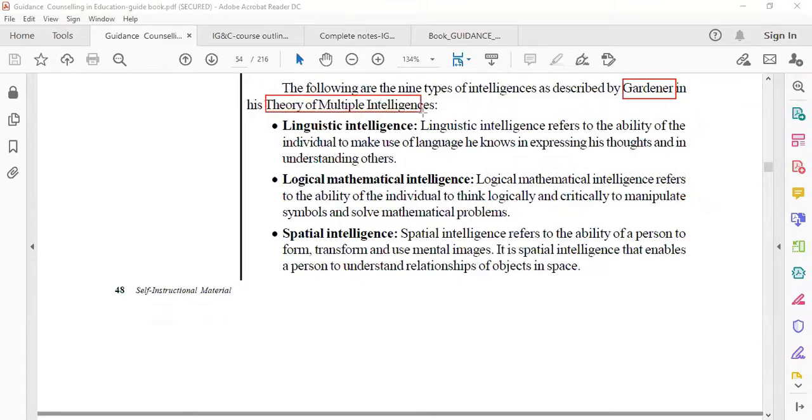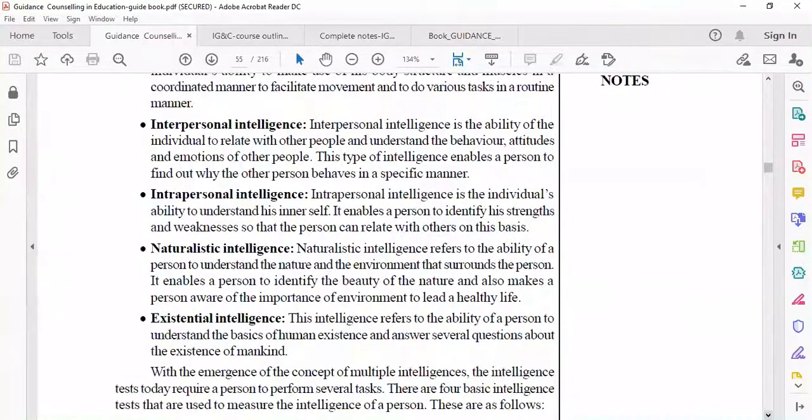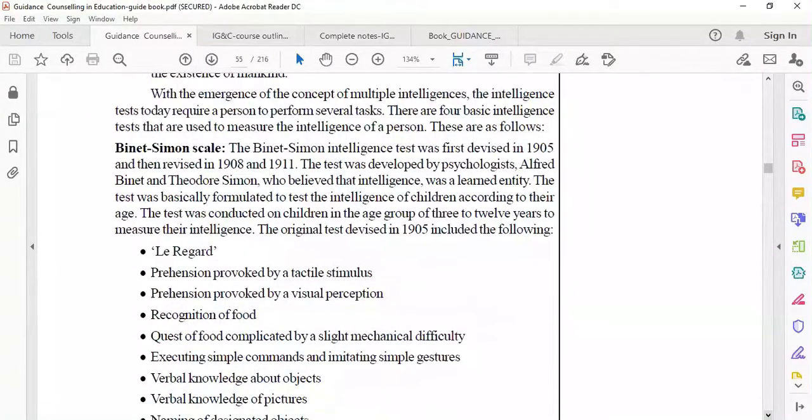According to this theory, there is a list of intelligences that a person has, and any person can have multiple intelligences: linguistic intelligence, logical intelligence, spatial intelligence, musical intelligence, and kinesthetic intelligence. These are the intelligences, and each intelligence has different tests to assess what type of intelligence a person has,